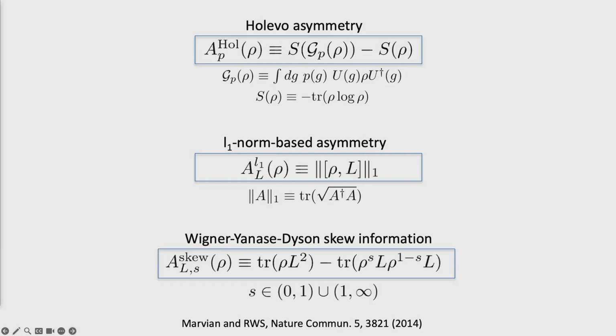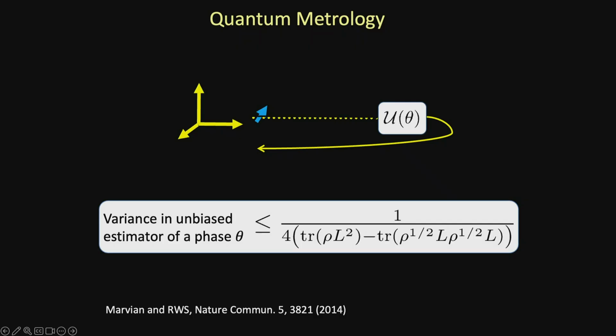And then there's this funny one called the Wigner-Yanase-Dyson skew information, where for every value of s, you look at something. This looks a little bit like the variance of L. If rho was pure and s was equal to a half, I think this just becomes the regular variance for a pure state. That's right. But it's a generalization of the variance. Anyways, this also is a measure of asymmetry. They're not trivial to write down, but now you have a kind of crank that you can turn. You can take every measure of information and turn it into a measure of asymmetry.